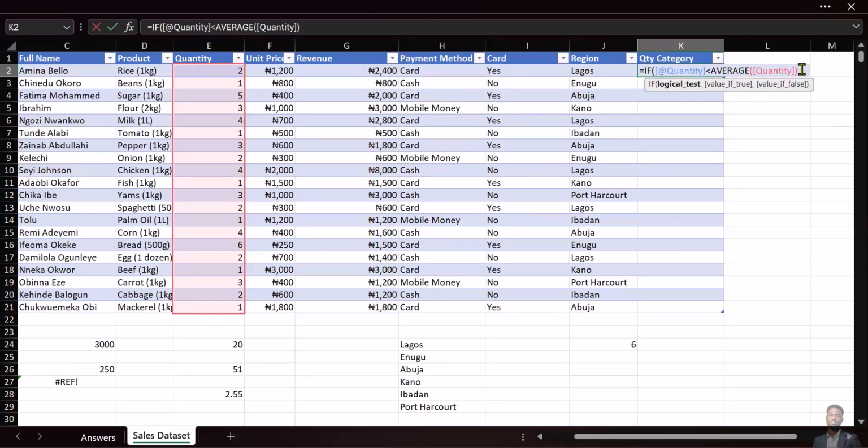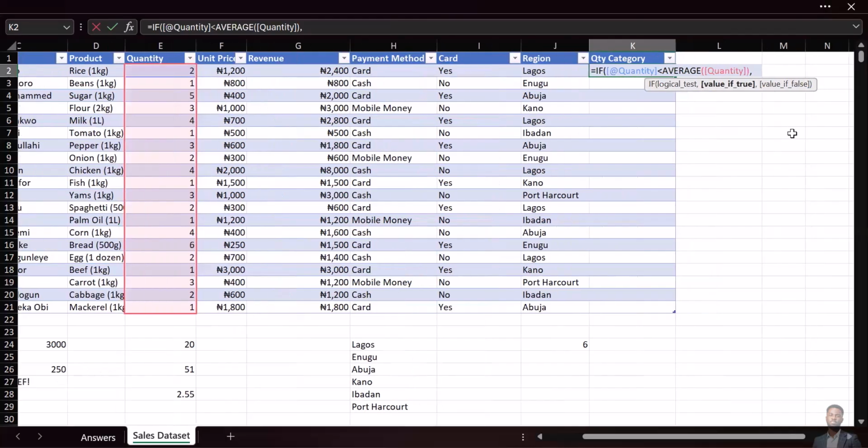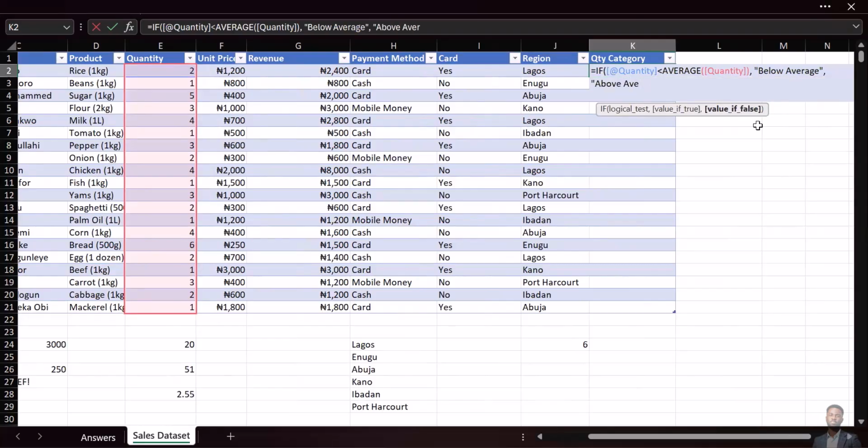So if it's less than the average, and then I put a comma here, so name it. So I give a space. You can notice I left a space after the comma, and then I say shift, open a quotation to name it. So what do I want to name? I want to name it below average. So name it below average, comma, and then give a space, open another quotation, and then call it above average,